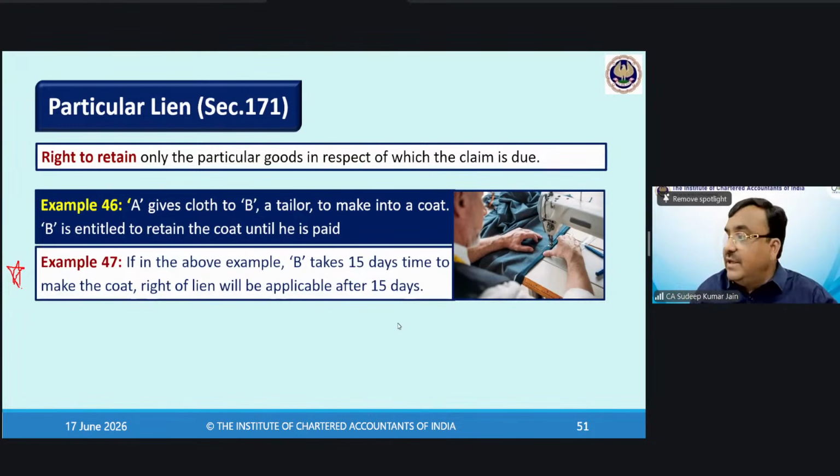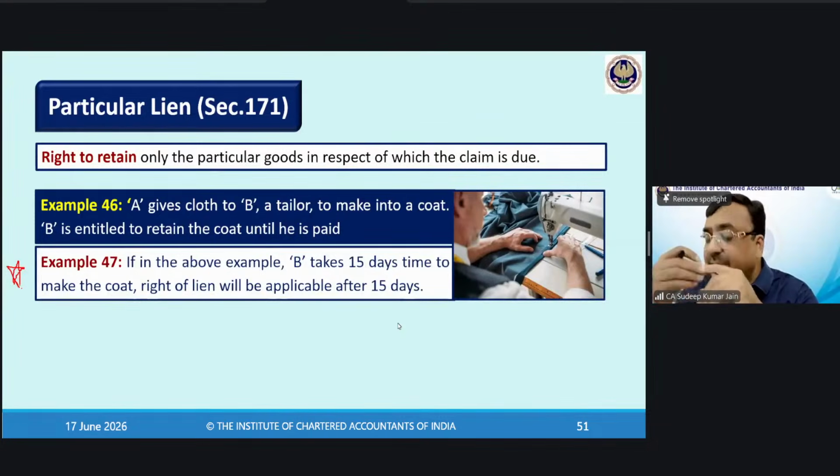Now ask your queries. Akshay Gupta, duties of bailee, point number 3 or 5. पॉइंट नंबर 3 में क्या था, नॉट टू मिक्स द गुड्स विद हिज ओन गुड्स। अगर गुड्स मिक्स करते हैं तो अगर सेपरेबल है तो सारा खर्चा बेलर बियर करेगा, अब बेली बियर करेगा, और अगर सेपरेबल नहीं है, अलग नहीं हो सकता, तो वो लॉस माना जाएगा, कॉम्पनसेशन देना पड़ेगा।